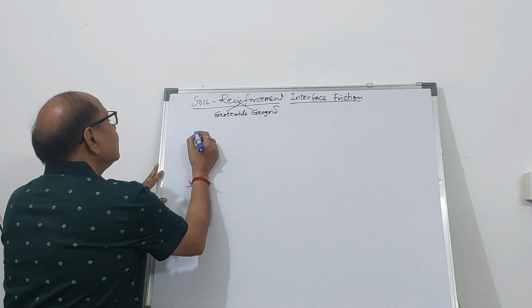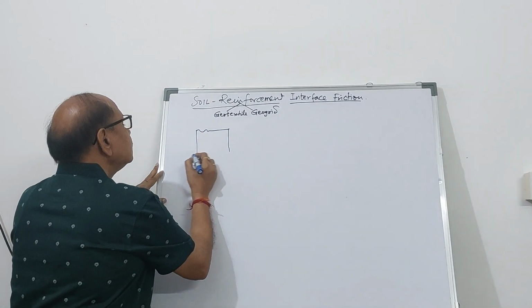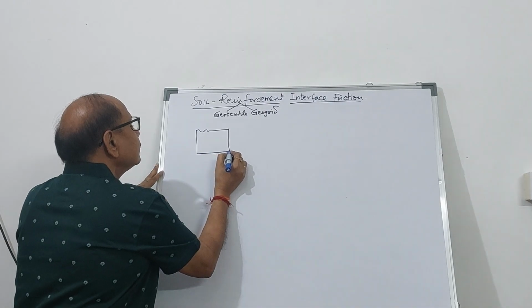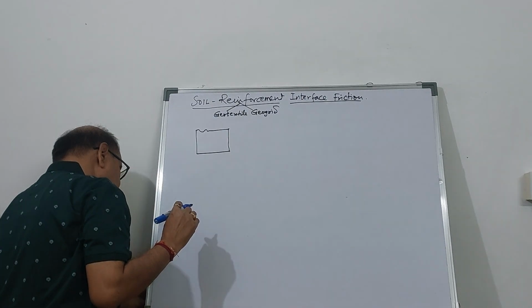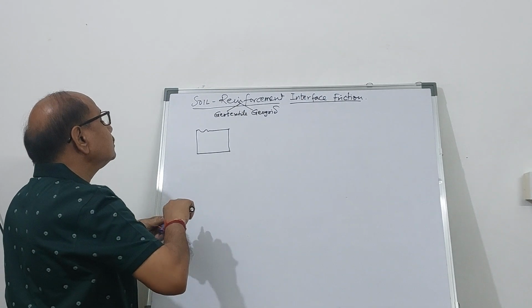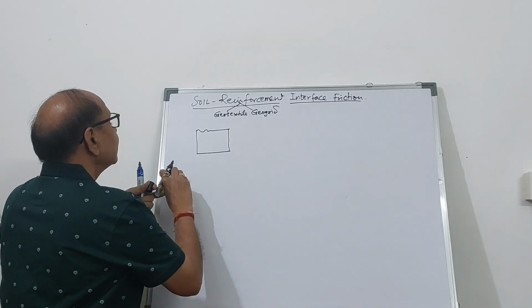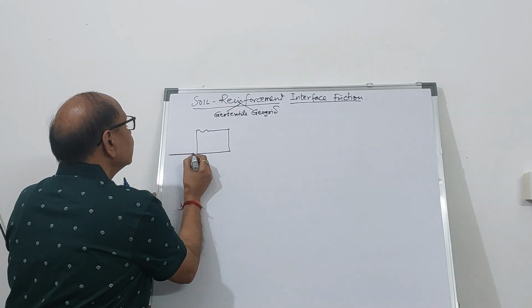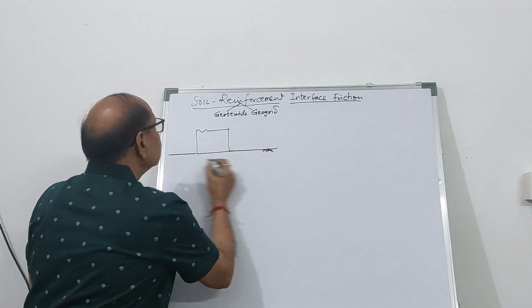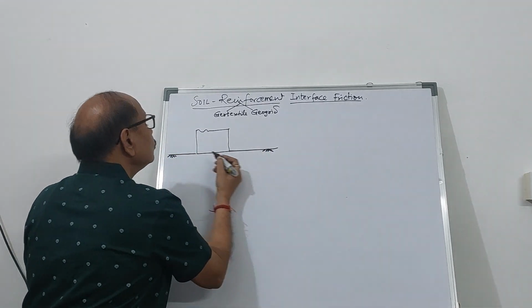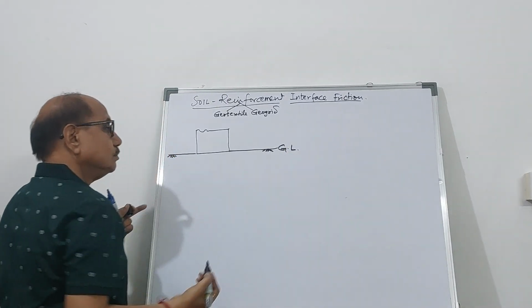And let's say this is the footing resting over the soil surface. So here, let's say this is the ground, GL,